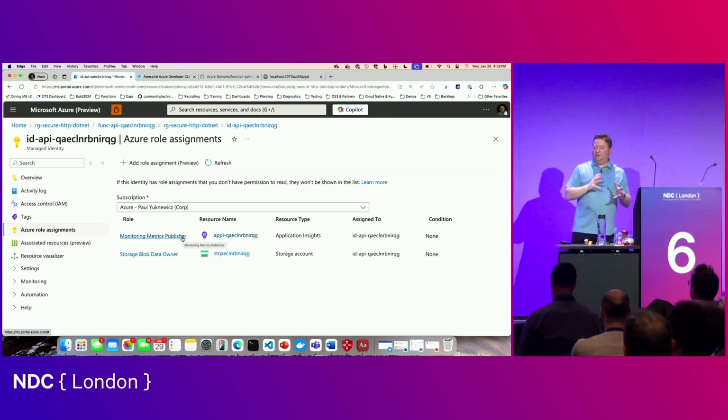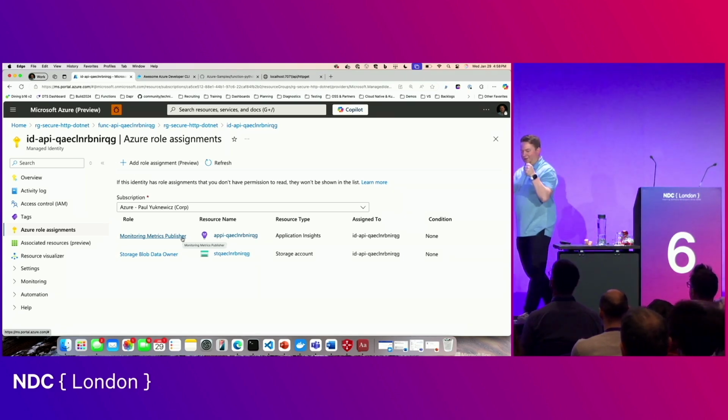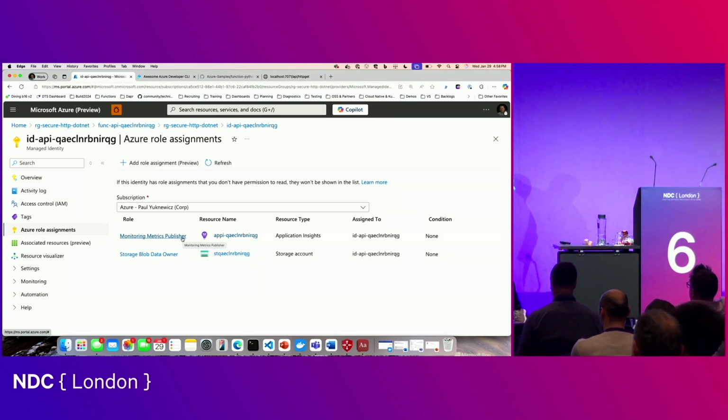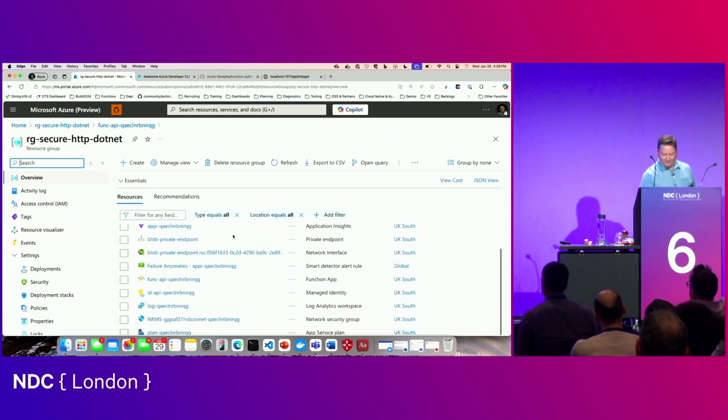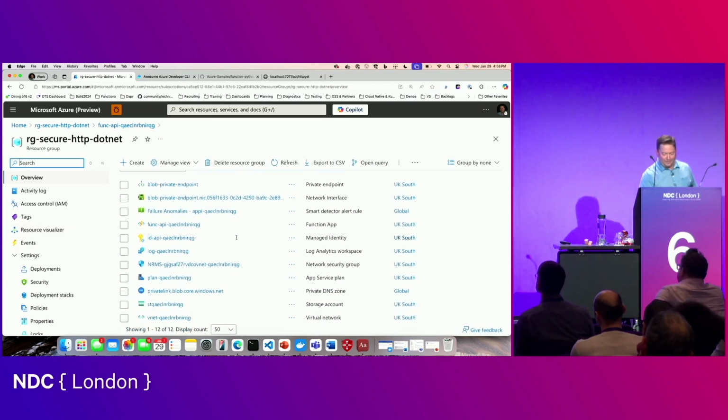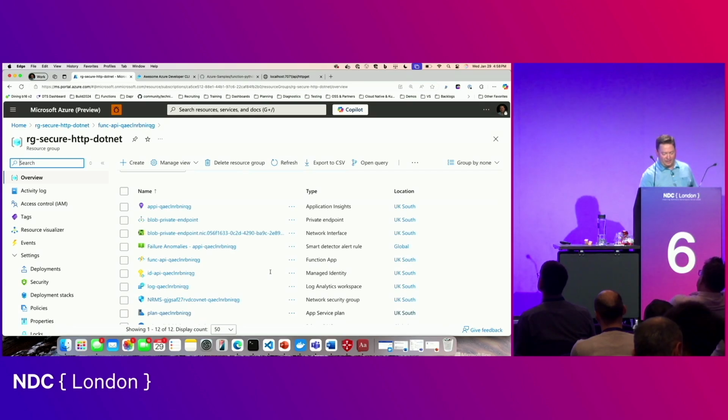By using the user-assigned identity, I have this durable thing I can always look at, I can always audit, see what it has access to. And when it comes to troubleshooting, this thing is super invaluable. Ask me how I know. Hours and hours and hours. So that's the identity piece.